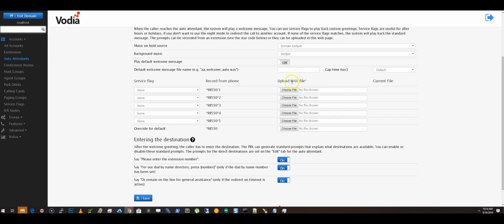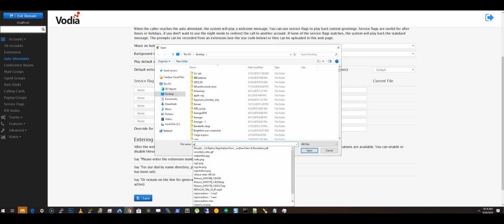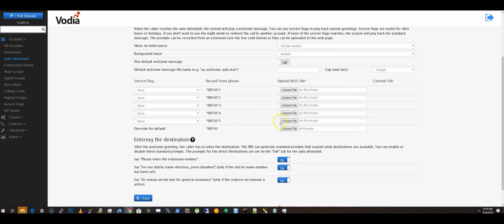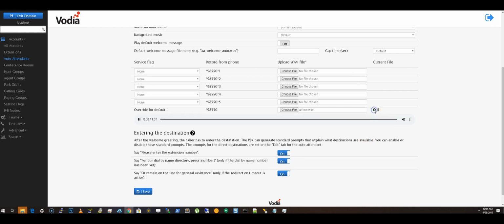All right, so now we're going to go to the IVR once more, and we're going to override the default message. So click choose file. I already have one. Hopefully I can find it. Okay, airline.wave, and I'm going to say okay, and then save. So now that message is recorded, uploaded, excuse me, onto the auto attendant, and if you wanted to play it,